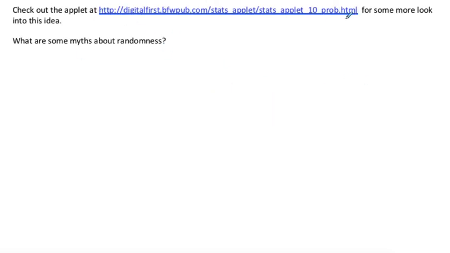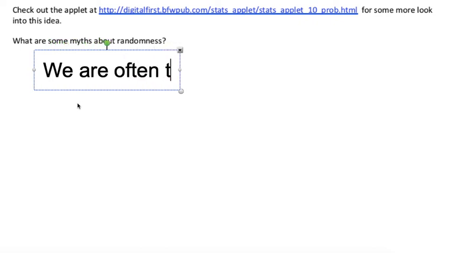So here's an applet that you can look into more on that idea and the randomness here, but there are some myths we want to address. First was the myth that is the law of averages, that you're due for something just because you've had a streak of one outcome or the other. And so one of the myths about randomness is that we are